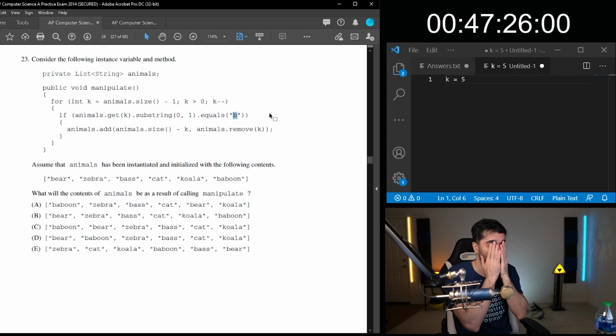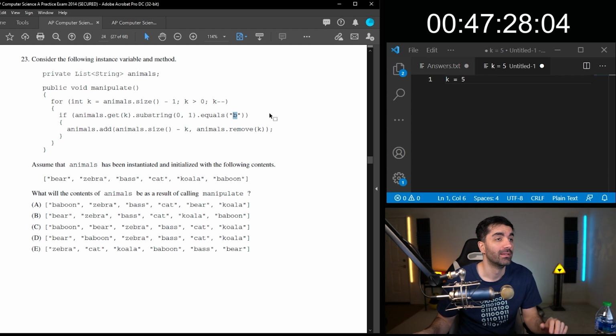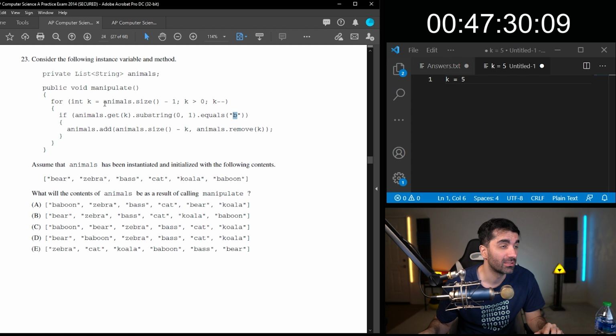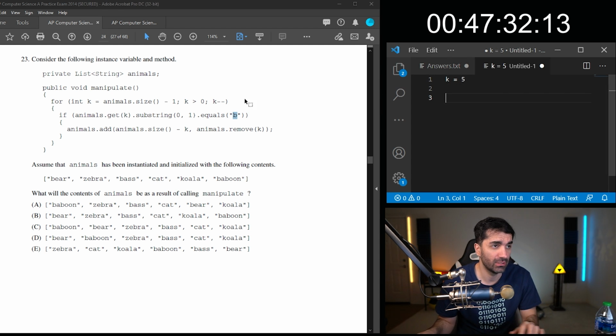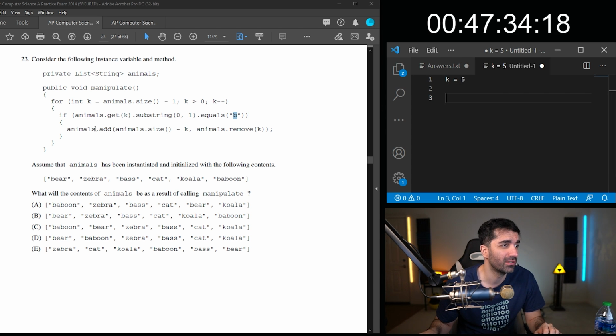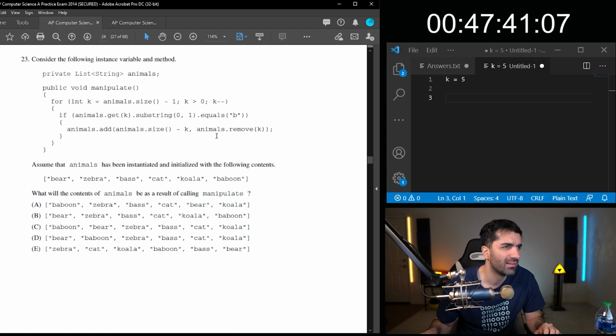Wow, this is okay. So it's just checking if the first letter is B, and it's starting at the end. So initially it's going to be true. So what we're going to do is we're going to add another element, animals.size k.